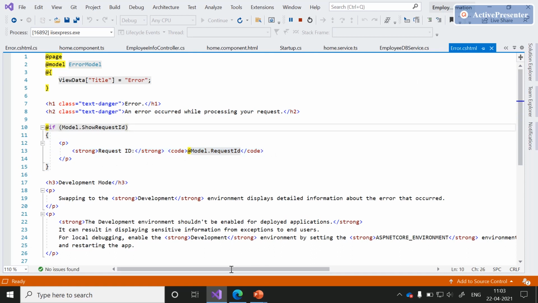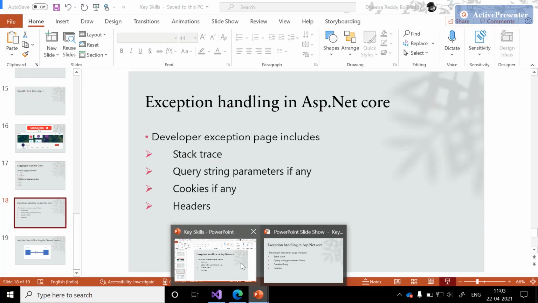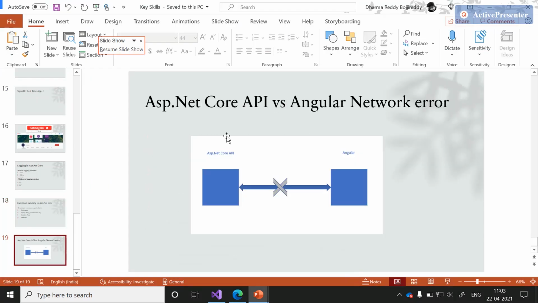I would like to share one scenario with you. Our employee information project is purely built on ASP.NET Core and Angular. Just assume there is some communication that got broken between Angular and the ASP.NET Core API. Then there are three ways we can handle these exceptions. The first thing is that we can see the network broken errors in the network tab. The other thing is that we need to log these errors. The third thing is that at least we need to show these errors in the console. Let me show them one by one.